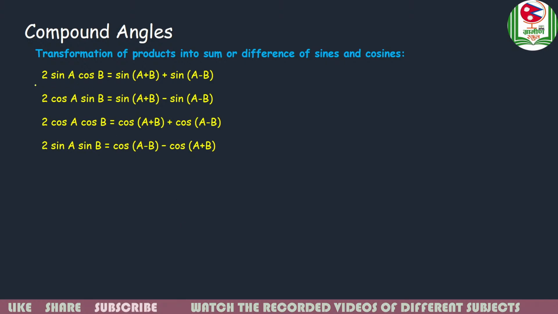How has this result been obtained, that is 2 sine a into cos b is equal to sine a plus b plus sine a minus b. How is this result obtained? You are very clear, and you can see here that sine a plus b is added with sine a minus b. So we can also add it and get the result, that is sine a plus b is added with sine a minus b. As we know the value of sine a plus b, that is sine a cos b plus cos a sine b